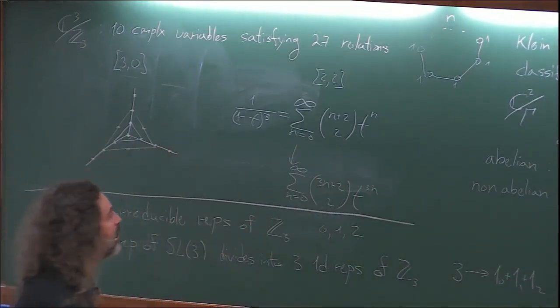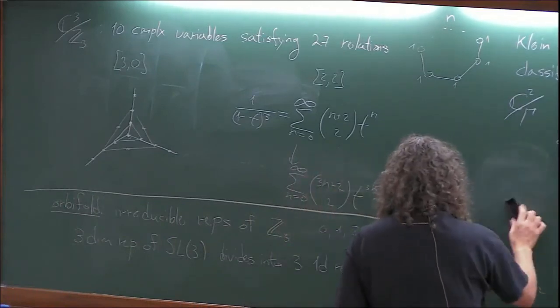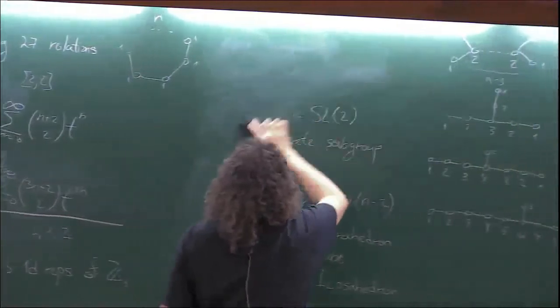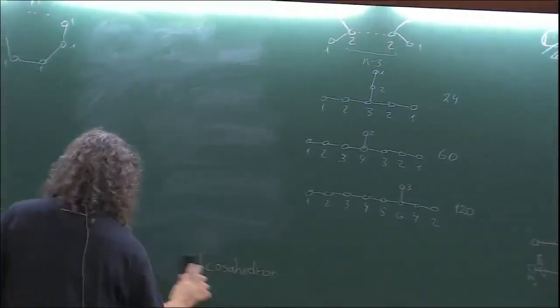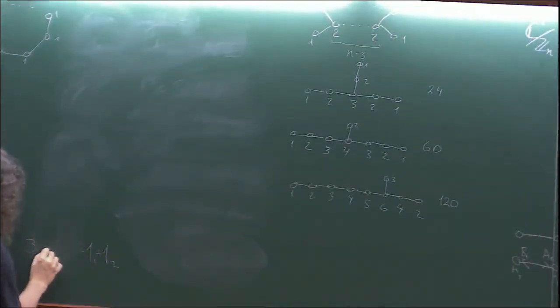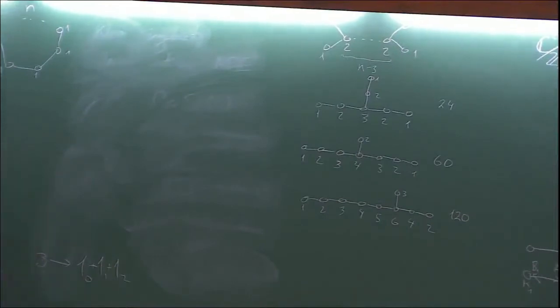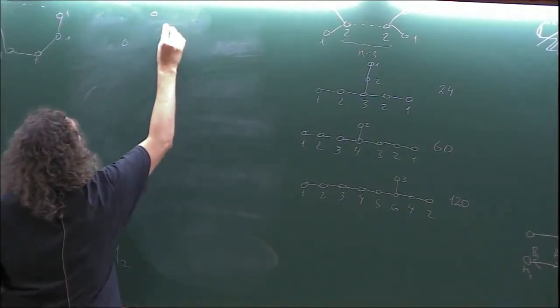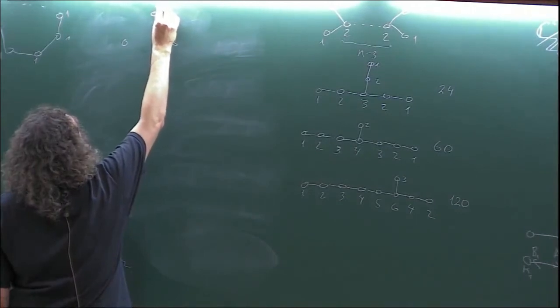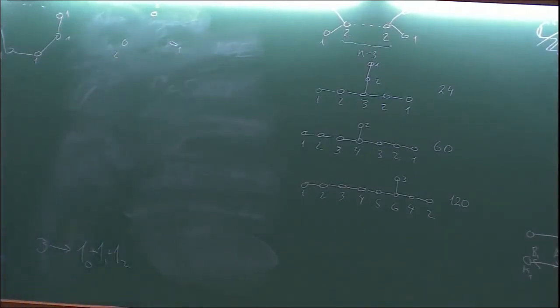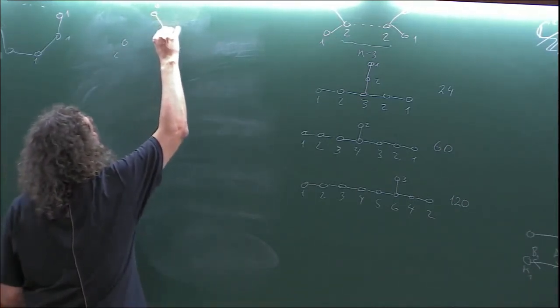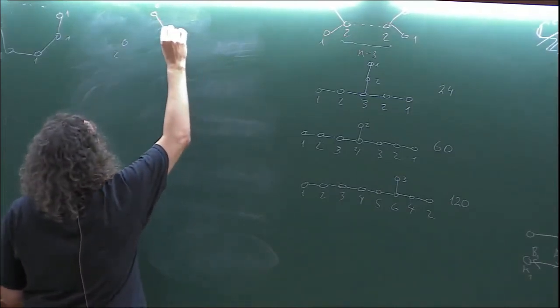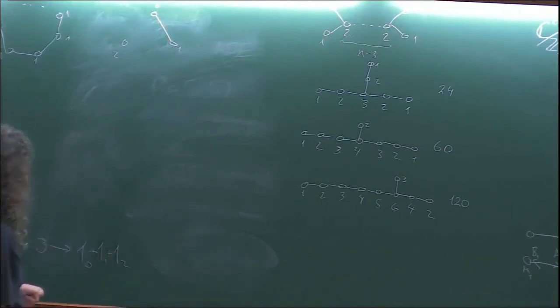The quiver is going to have as many nodes as the number of irreducible representations. Let me write, I accidentally erased this. And what I'm going to do is to have 3 nodes, which will be denoted by 0, 1, and 2. So each node corresponds to an irreducible representation of Z3. And I'm going to have arrows which will tell me how the